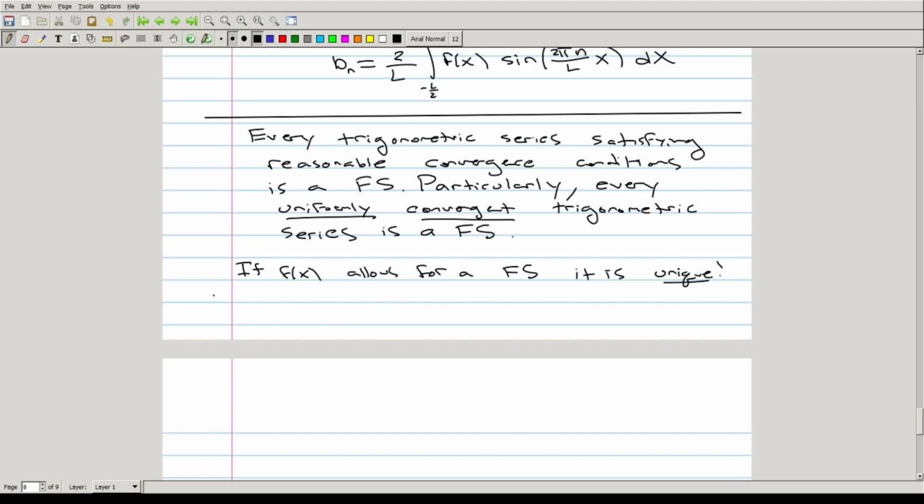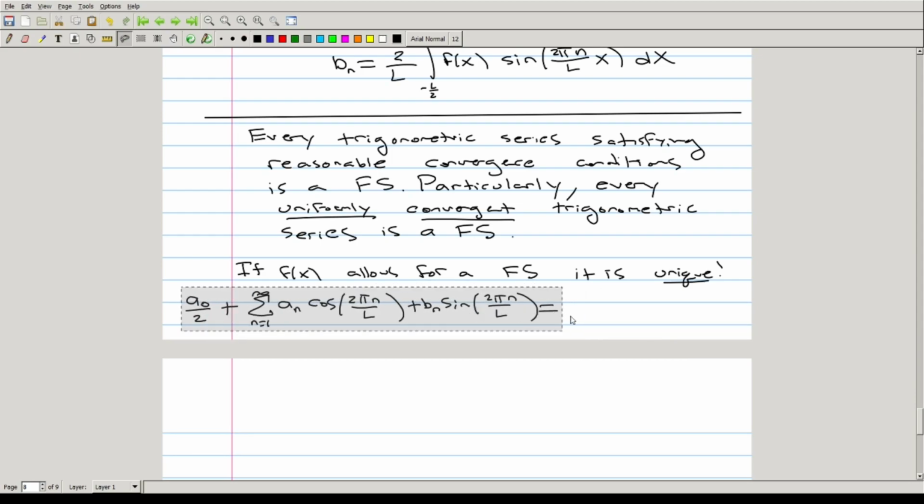So if you take two separate series, a0 over 2 plus the summation from n equals 1 to infinity of an cosine of 2 pi n over L plus bn sine of 2 pi n over L times x, and the series is equal to another Fourier series